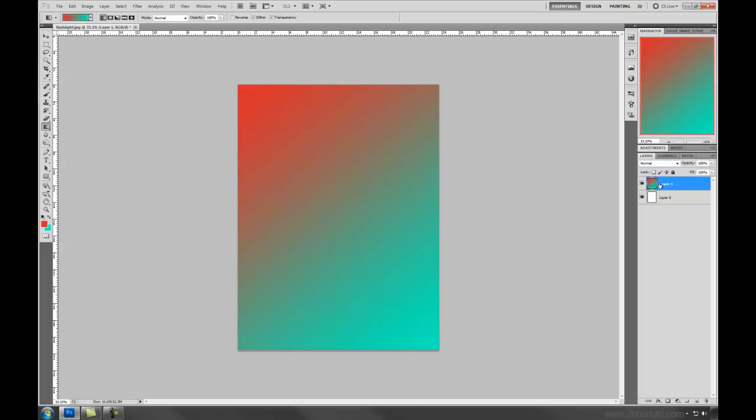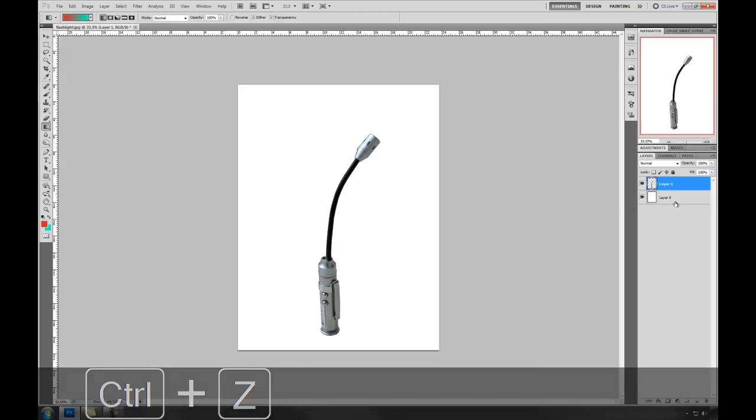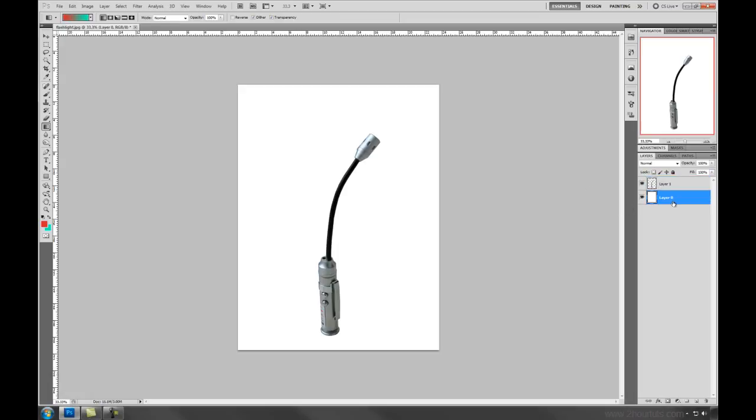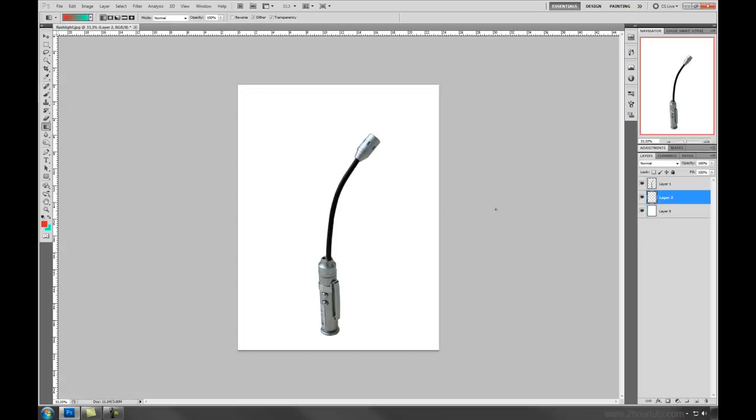Well, it threw it right over top of our flashlight, so that covered it up. So we don't want that, so we're going to hit Control Z to get back and say we want to use it as our background. So we'll click on the bottom below that and create a new layer, or you could do it right over top of layer 0. It just depends on how important you're making layer 0 a priority. So we'll click on layer 2, because like I said, everything should be created in its own layer. And we'll start from the bottom. We'll drag it to the top,